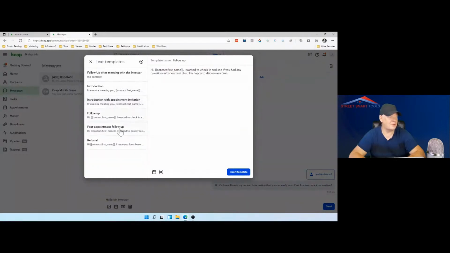And you see it here. This is for the text messaging. So this is for the follow-up. Copy. So I'm going to paste it, and I modify it. So hello, contact first name. I wanted to quickly recap our chat. You mentioned points to be made by the client. You mentioned, okay, so that doesn't work.